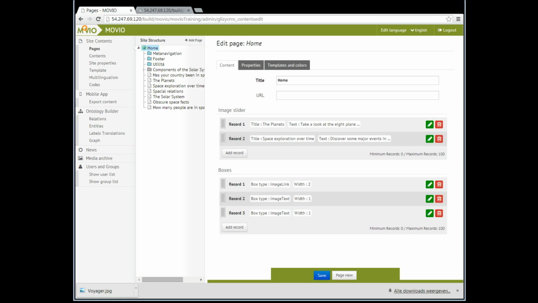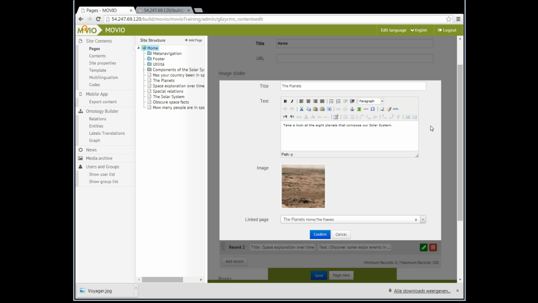Now to populate the image slider, this is done by adding records. Here we have chosen 2 records, but you could easily add 3, 4, 5 or more records. Such a record is composed of a title, a bit of text, an image, and then a linked page where the arrow leads to. For example, if we take the part on the planets,